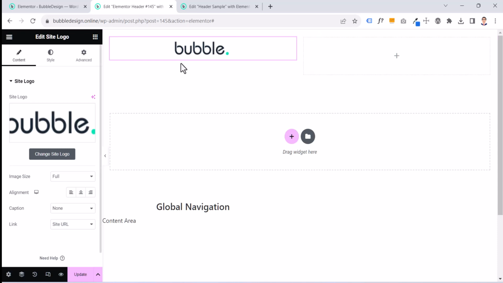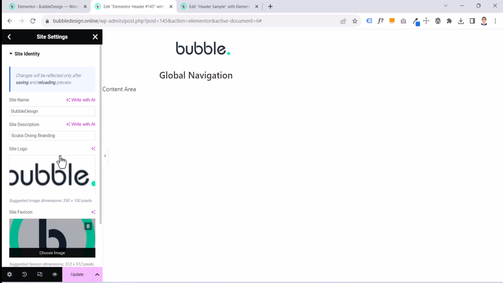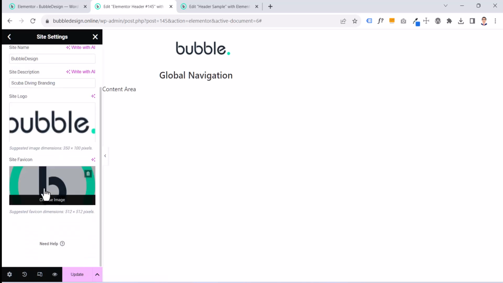As you see in the Elementor editor, you can change the site logo. If you click here, it will take you to the site settings, and here you can change the logo and favicon. I highly recommend, it's a must for any website to have a favicon. It makes a website look professional. So don't forget the favicon, it's very important, do not overlook it. You can change or add a new logo and favicon here, then update,